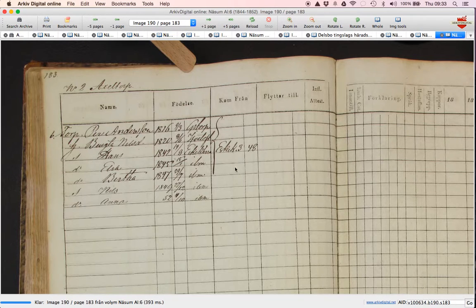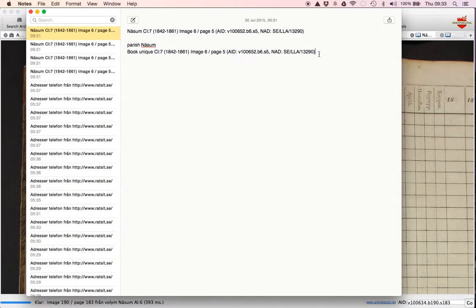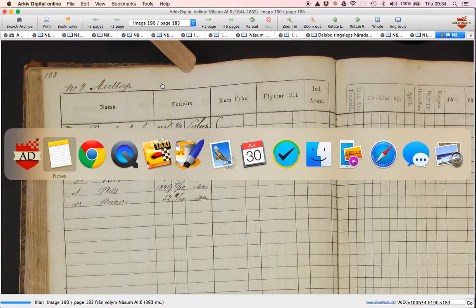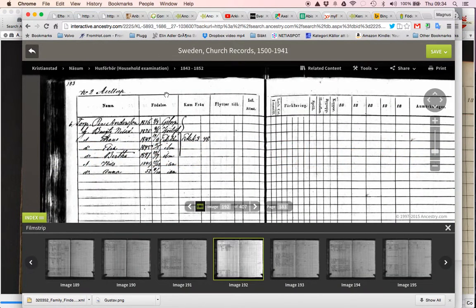And so if I do a copy of the source identification here, we can see that we now have Näsum, which is the parish, and then we have the unique book, A16. In this case, we have the image number, the physical page number, and then we have those things which are just for Arkiv Digital. NAD is the national standard. So this is the way here, and if we go back to